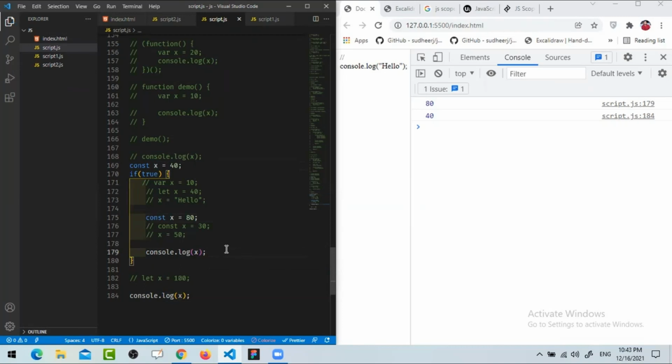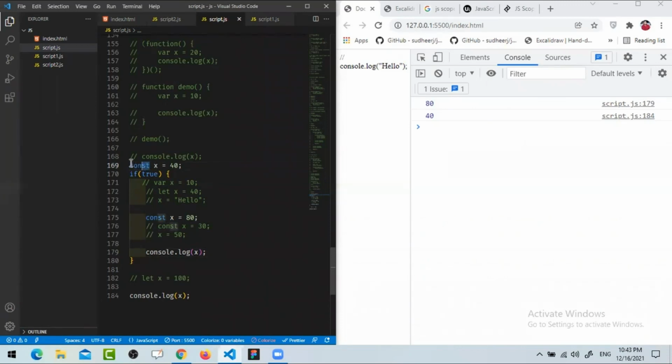I only understand that const and let are block scope things, and I didn't understand the difference between them, let and const. You didn't understand the difference between let and const? I understand their work, but in terms of comparison. Comparison means these two things are creating block scope. That is clear. Yes, that's clear. So let and const, I'm saying, see,